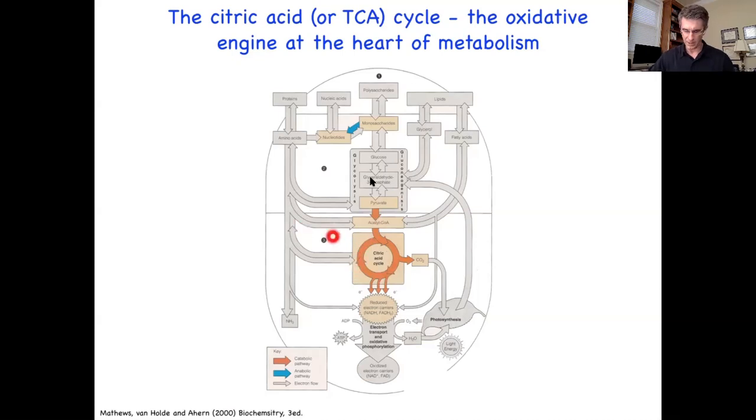And there are multiple ways to get things going into the TCA cycle, either through glycolysis, or you can come in sideways through acetyl-CoA, which is how fatty acids are pumped in. And you can even run, as we'll see, many of the amino acids sideways into the TCA cycle and burn them directly in the TCA cycle. Just about anything that can be turned into an acetyl group or a dicarboxylic acid can be combusted in the TCA cycle for energy, right? Now, a corollary of this is that the TCA cycle, like we saw with glycolysis, is